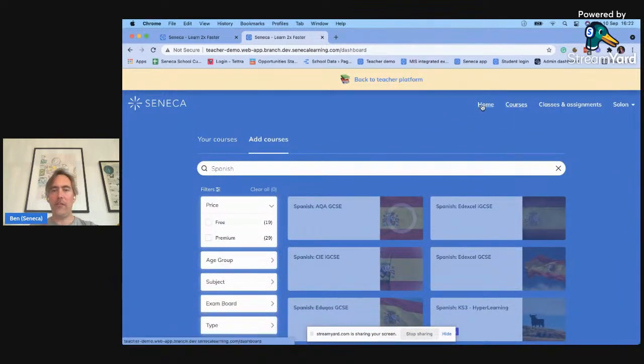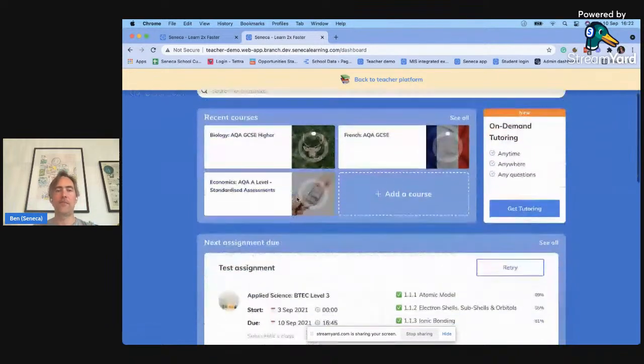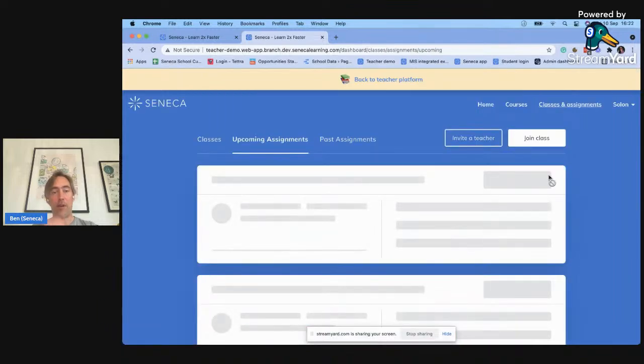So when you log in as a pupil, you would see that navigation tile in front of you. That's your active and recent courses. But fundamentally, one of the most important tiles is this one here. This is your next assignment due, and this is prioritized by the very next date and time. So it might be, as a pupil, I've got multiple assignments due on the 10th, but this is the most urgent. But if I click over here, I can then see all upcoming assignments